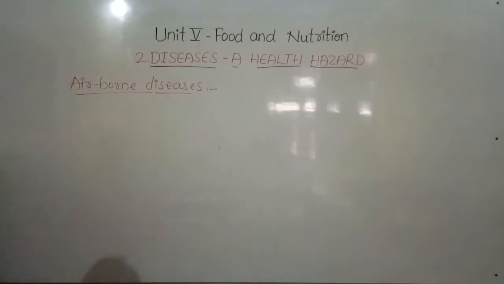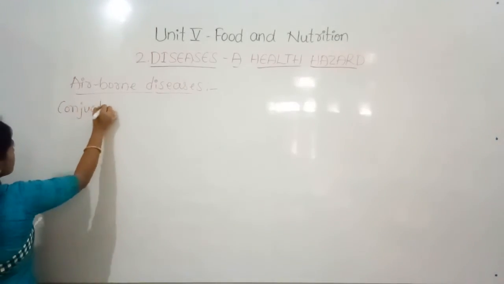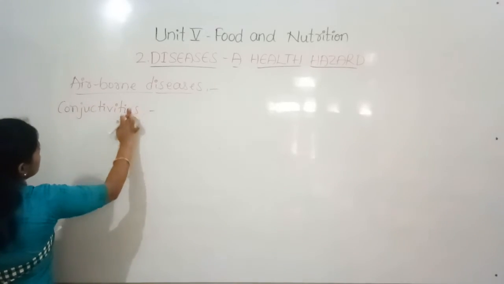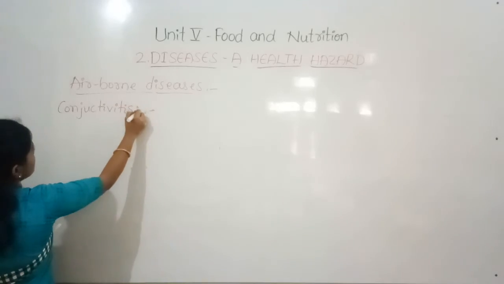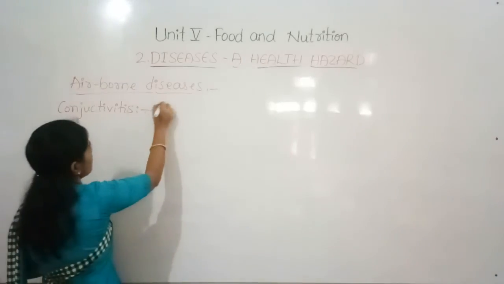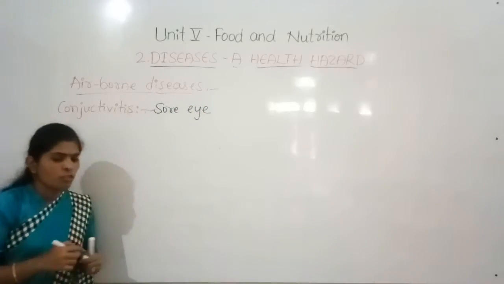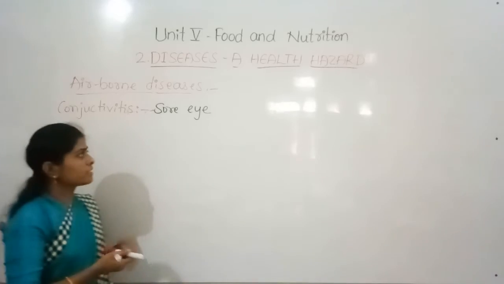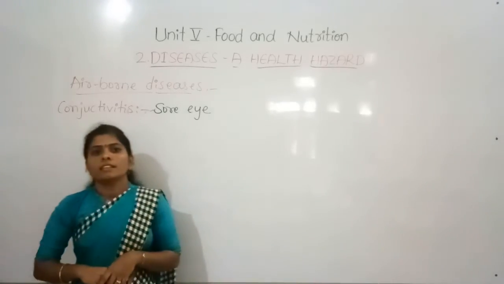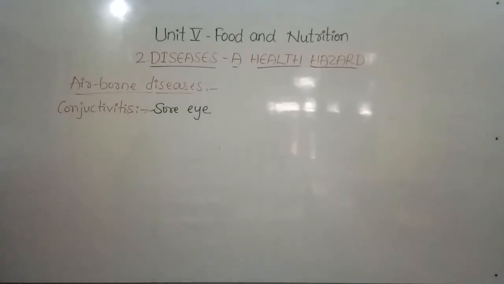And this is also called sore eye. It is an airborne disease and it can spread from one person to another. And if conjunctivitis is affected, if any person is suffering